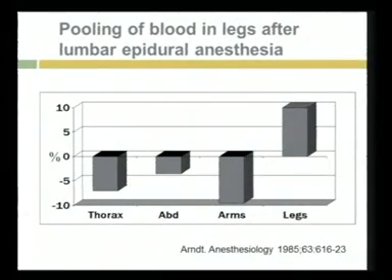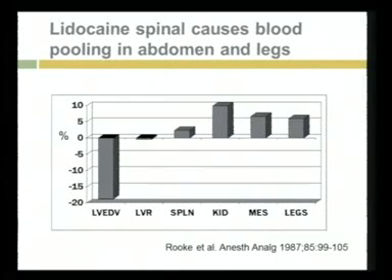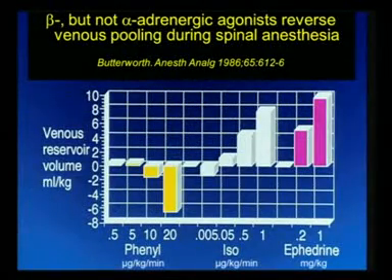So there were studies by that time which showed that yes, there is pooling of blood in the periphery, like in the legs, the mesenteric system and the splenic system, leading to a fall in left ventricular end-diastolic pressure, and that is why there is hypotension after the central neuraxial block. Similar studies focused on the fact that if you use alpha and beta agonist combination drugs, they try to reverse this expansion in the venous reservoir rather than a purely alpha agonistic drug. Thereby the recommendation was that ephedrine is a better choice of drug for spinal hypotension